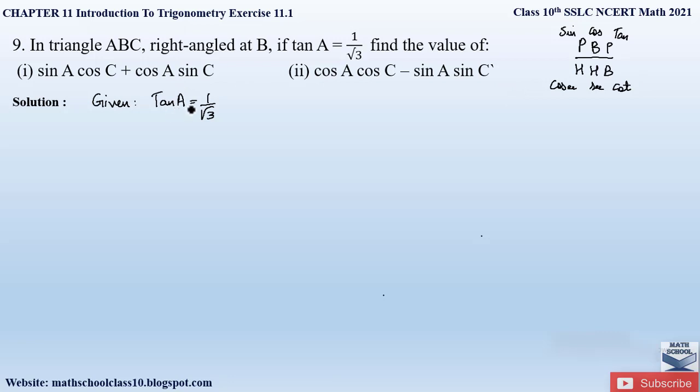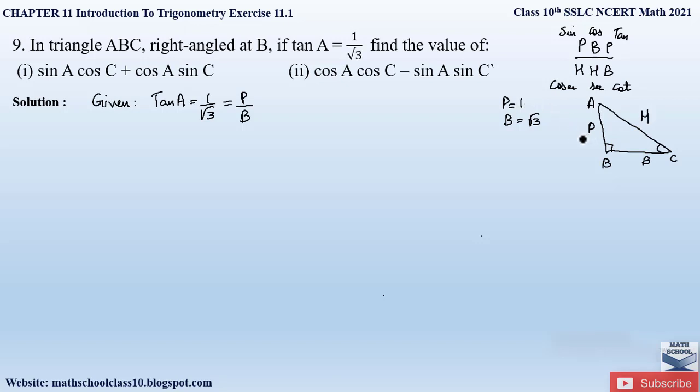Now since they have given us the value of tan, we will find out the trigonometric ratio for tan. It is perpendicular by base. So here our perpendicular value is 1 and base value is root 3. So we have to consider a right angled triangle as mentioned in the question, which is right angled at B. So we will name this triangle as A, B and C. If angle C is the acute angle, which we have to consider always acute angle to be at the base, the side opposite this acute angle will be the perpendicular, the side along this acute angle will be the base, the side opposite the right angle is the hypotenuse.